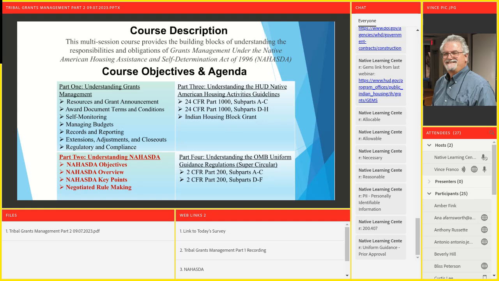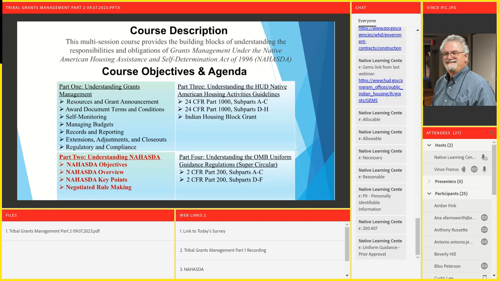We're going to look at the uniform guidance, all of those regulations that are contained in what the street name for it is, the super circular. You might have heard of that. That is any organization, any tribe, any tribal organization, any nonprofit, any church, any institution of higher education, any hospital, et cetera, that receives federal funds has to abide by the regulations in the OMB uniform guidance.